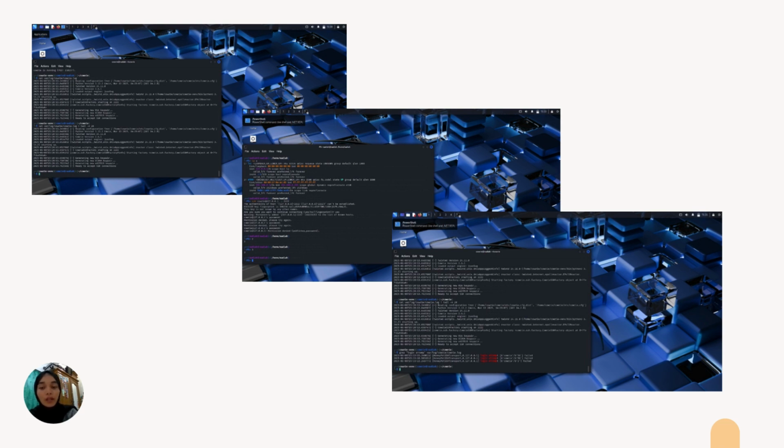Cowrie runs on Python and the Twisted framework, and uses a JSON log format that supports integration with security monitoring and analytics systems. The honeypot SSH service is active on port and has generated an RSA key pair, indicating that the system is ready to accept external connections for monitoring and detecting suspicious activity.